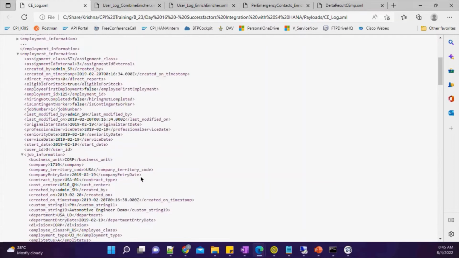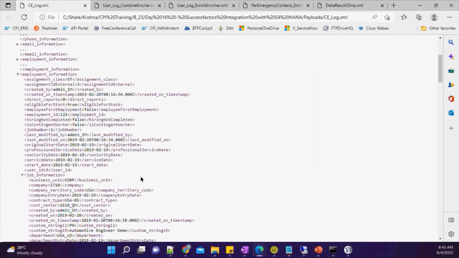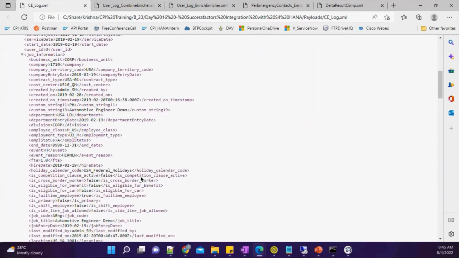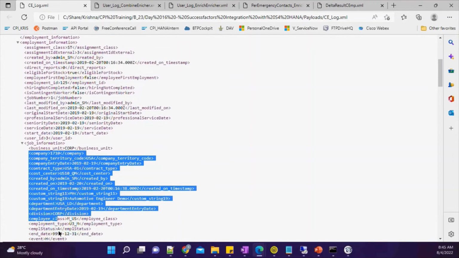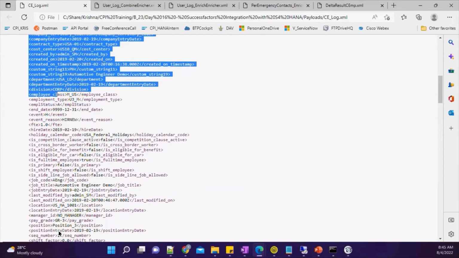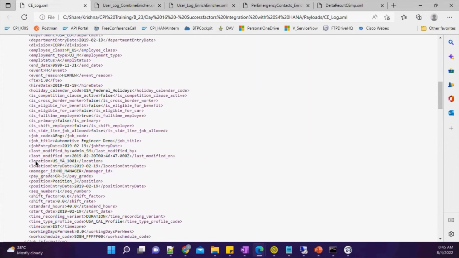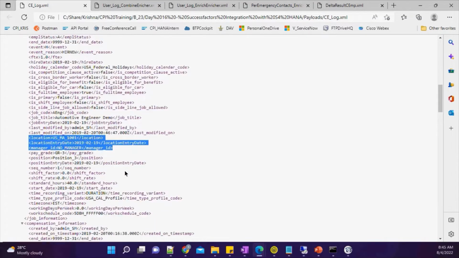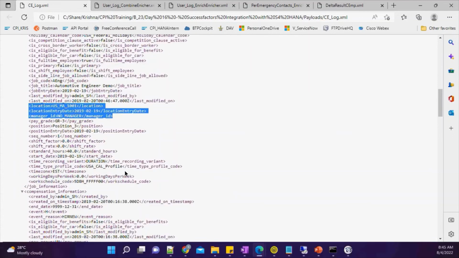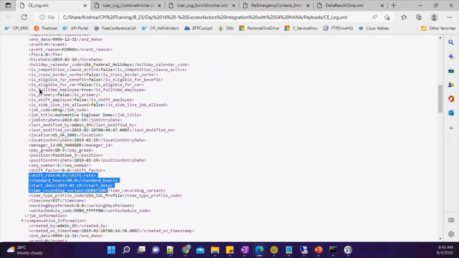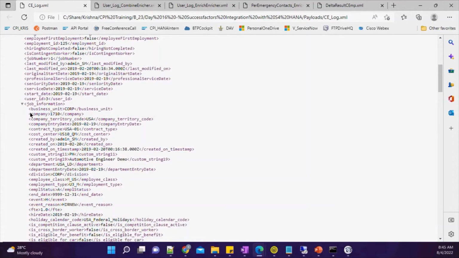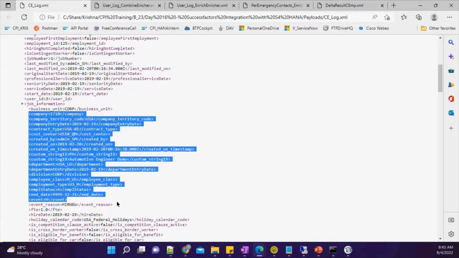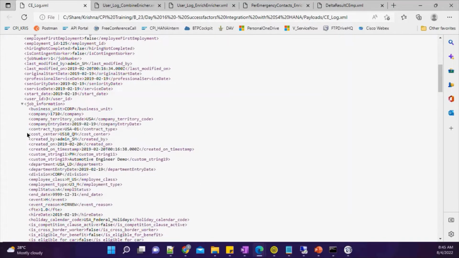Similarly, under the employment information you will have job information. Job information means who is the manager, what is the cost center, what is his wage type, all this information: manager ID, location, what is his work location, basically the shift rates. And whether that employee is active or inactive. All the information specific to job information related events you will be getting through the job information portlet.